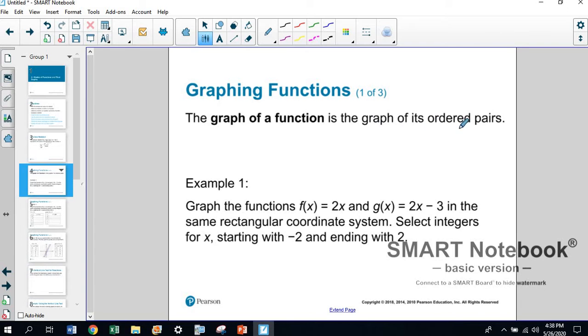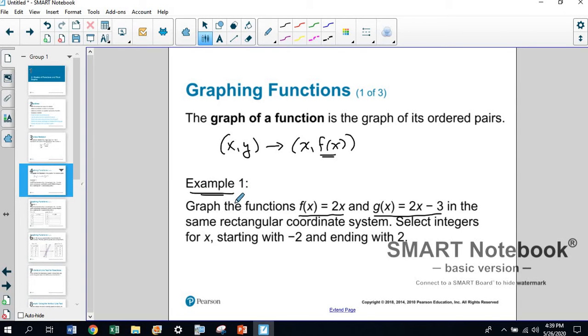the graph of a function is just the graph of its ordered pairs. So where we used to plot x comma y's, now we plot x comma f of x, but f of x is still the y variable, right? Or whatever the function is. In this case, we have a function f of x, and we also have a function g of x, whatever, right? And so the very, very basics of graphing,